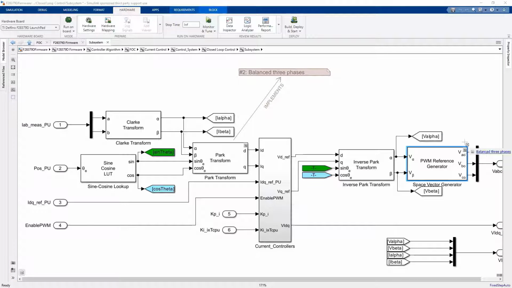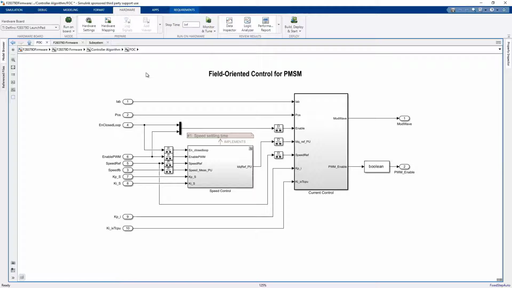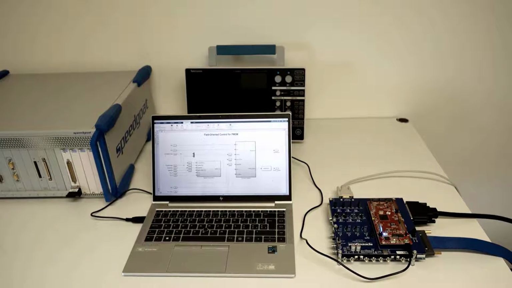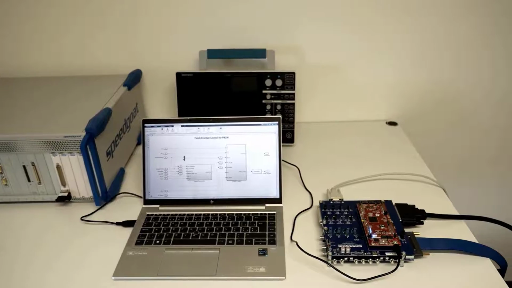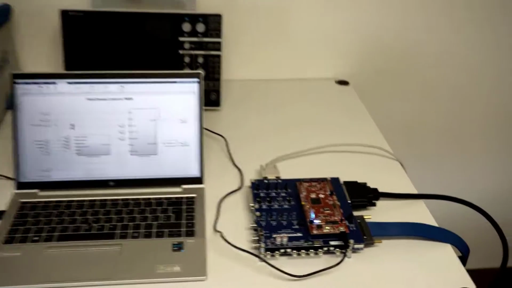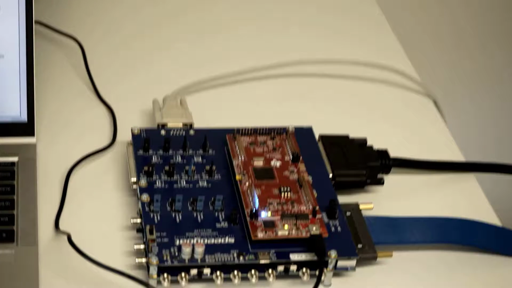To deploy the algorithm, you can just click on the Build, Deploy, and Start button, provided that the right controller is connected to your computer. Here, with a simple USB cable. Once the deployment has finished, the algorithm will run directly from boot on the controller as soon as it gets power. The device under test is now ready.